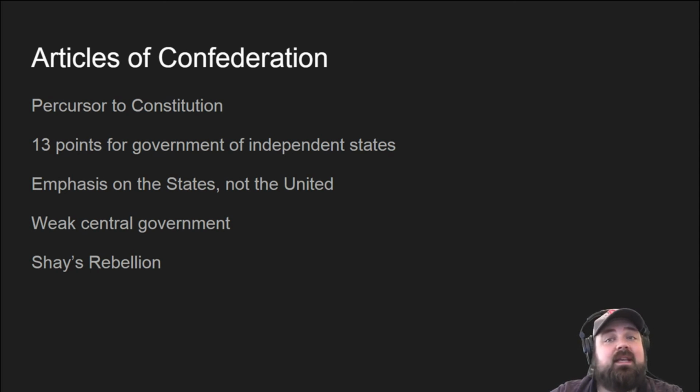So they, in secret, decided to create a new constitution. They decided to overthrow the government that they had already just created. Now, it was the people who had created the government that wanted to overthrow it. But, I mean, that's still technically treason. If they hadn't succeeded in writing this new constitution, they had already committed treason against the UK. They're committing a little bit of treason again. But remember, it's only treason if you lose. That's an important thing to remember.